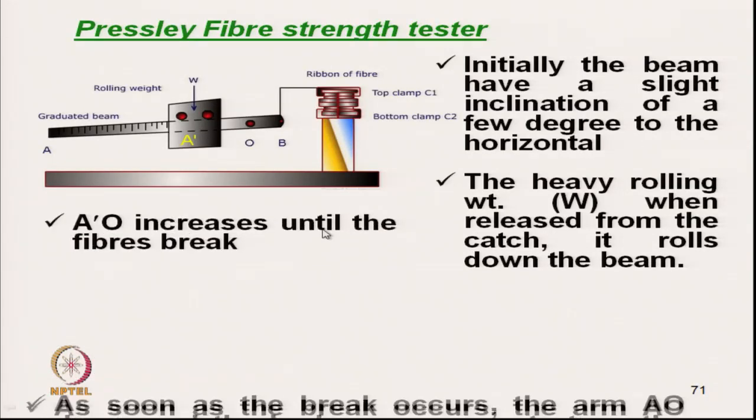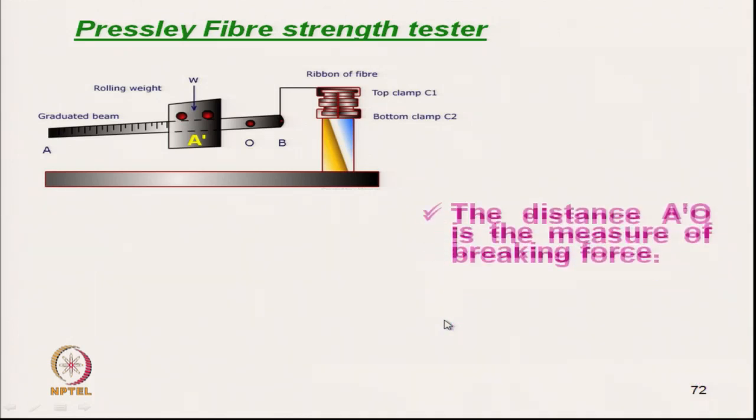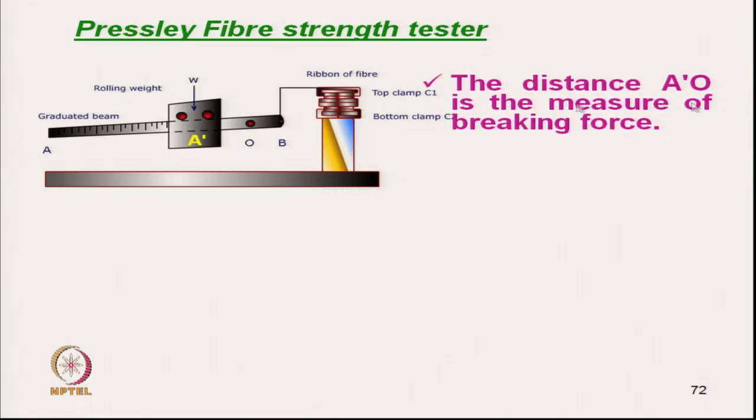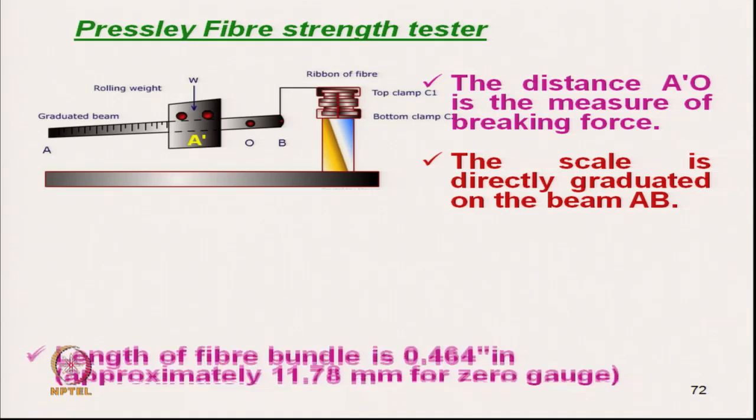This is directly the breaking load value, it is gauged. So, the distance A dash O when it is breaking is a measure of breaking force, A dash O. The scale is directly graduated on the beam, here it is directly graduated in terms of, say, gram per tex,